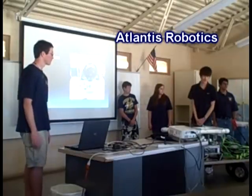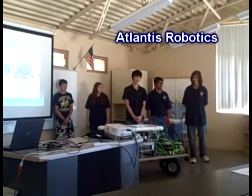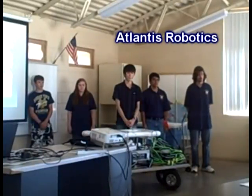Okay, so our sensors. First we have the camera sensors. As pilots of the robot, half of the problem is to send the information down to the robot, while the other half is receiving information back from the